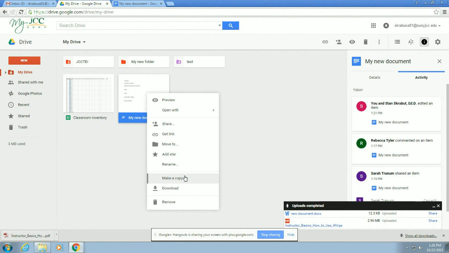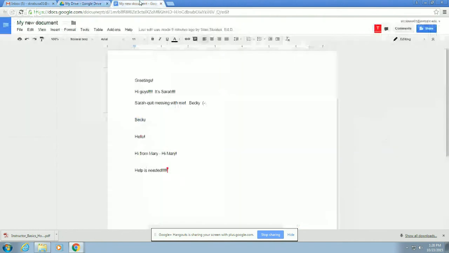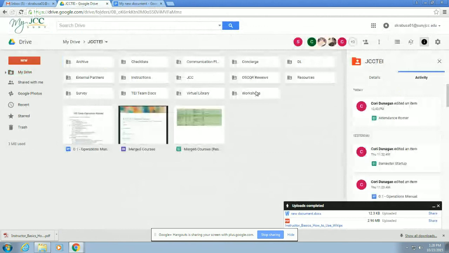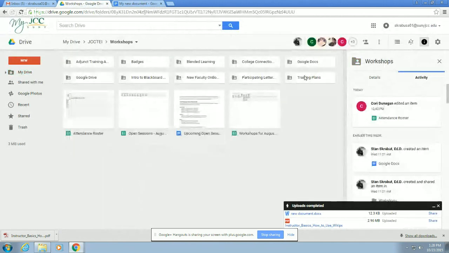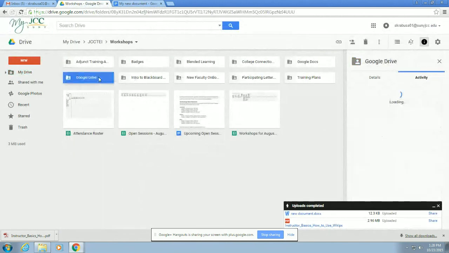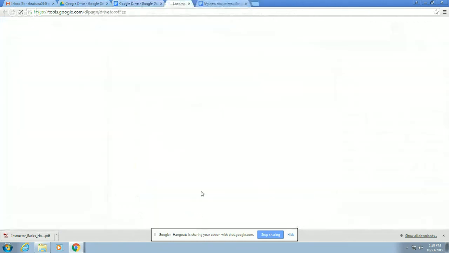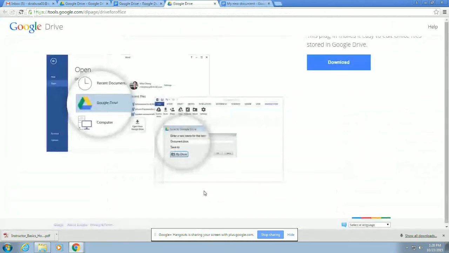Okay. So, a couple other things. Some useful plugins. You can extend Blackboard, there's a variety of things to extend it with. Let me go to my workshops here, my documents, and we're doing Google Drive. All right, so here is